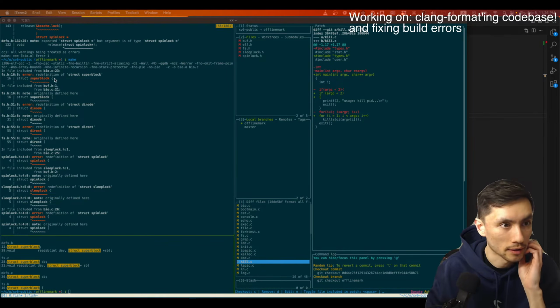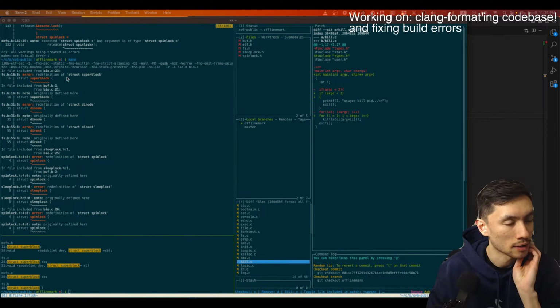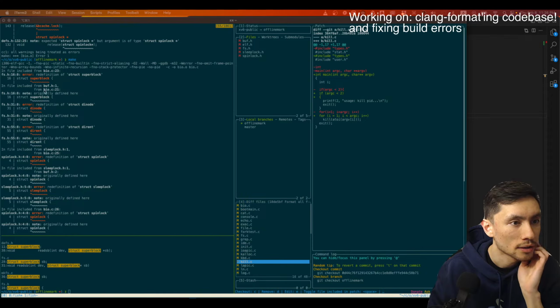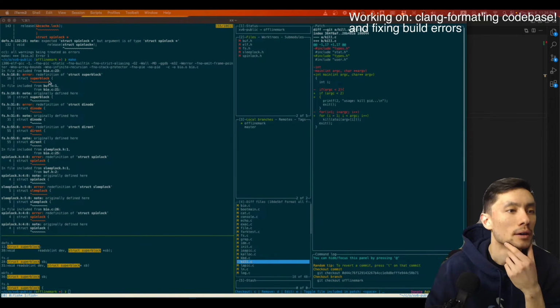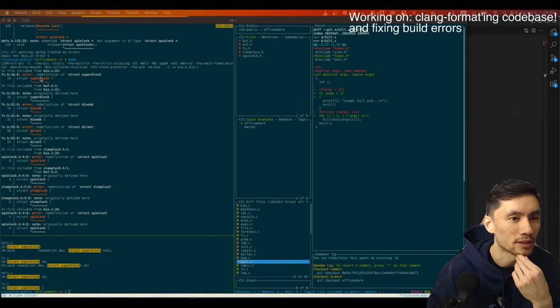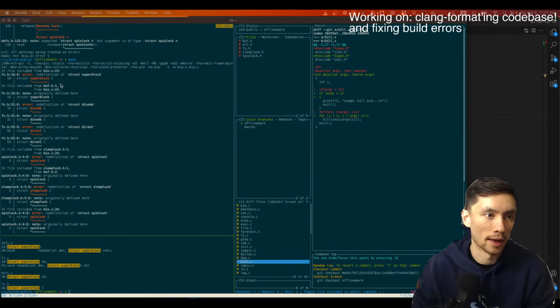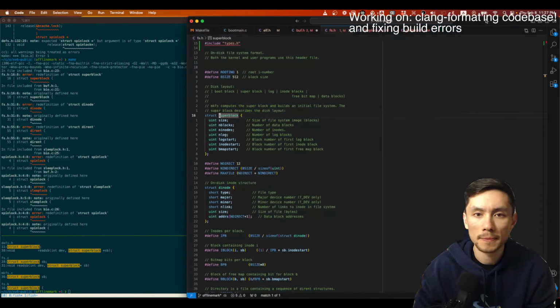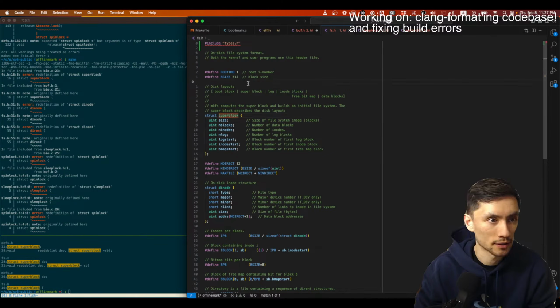Okay, let's keep going. Redefinition of struct superblock. Originally defined. Redefinition of superblock. That's kind of a weird error. I'm not super familiar with that error. I definitely see a definition.